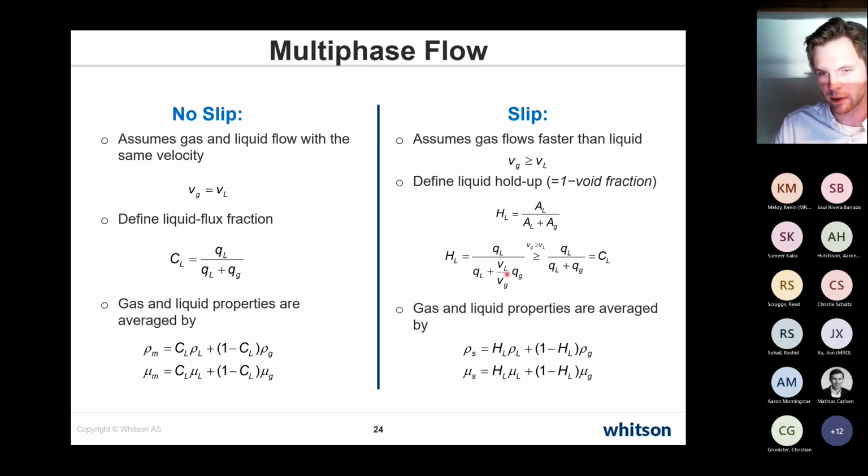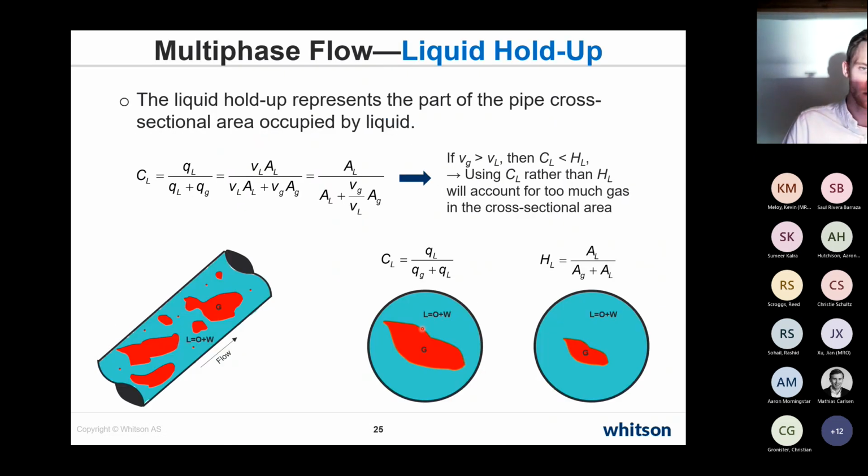And the liquid holdup, that ratio there, is what we use to average the liquid and gas phases together into this, in this case denoted S for slip, but it's this same kind of single phase mixture. But in this case, it's computed differently with respect to this one, where rho m just stands for mixture, or sometimes denoted NS for no slip. There are different notations out there. So what is this liquid holdup? Well,